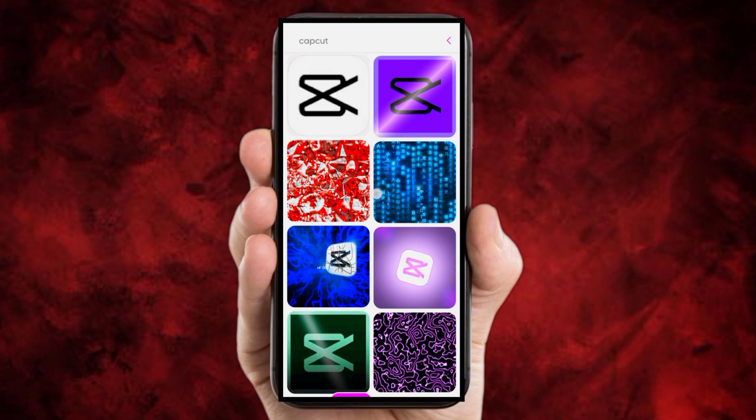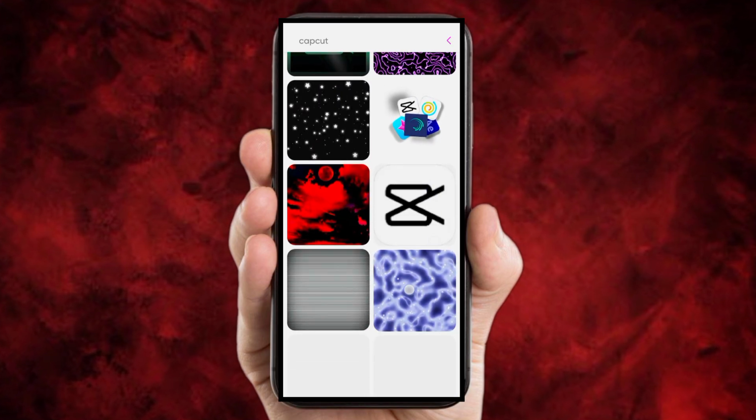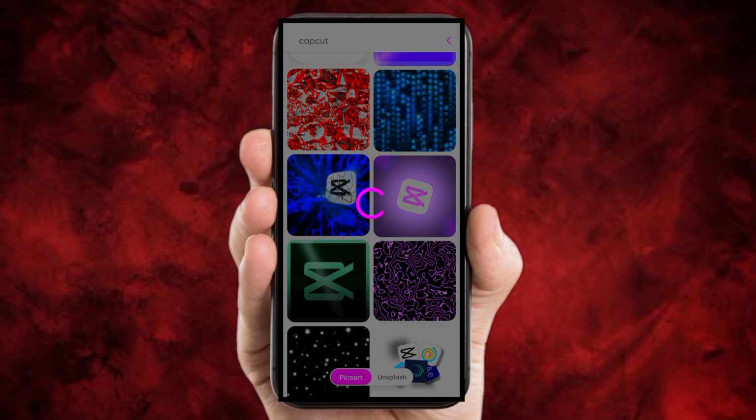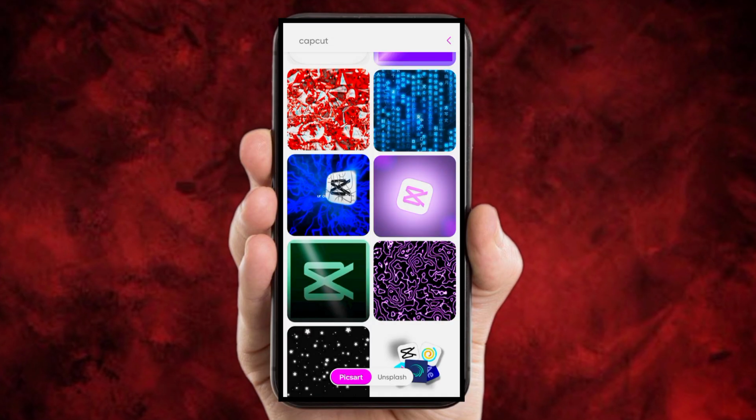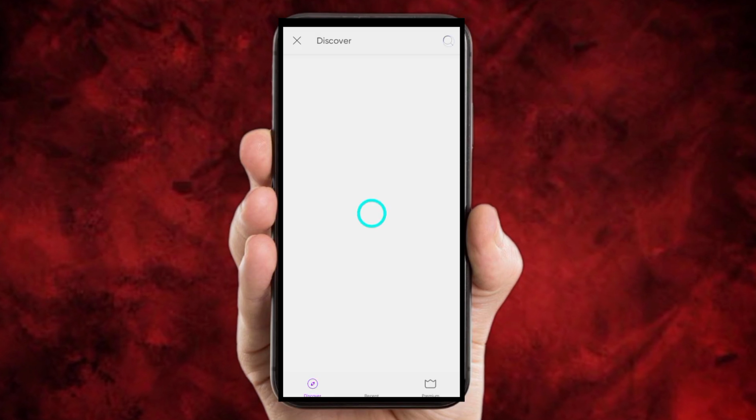Open PicsArt. Click on the plus button to create a new project. Select the background or template I've provided in the starter pack. Add your image or logo. Adjust the size and position